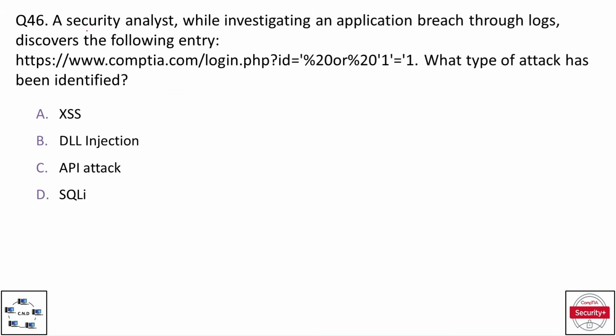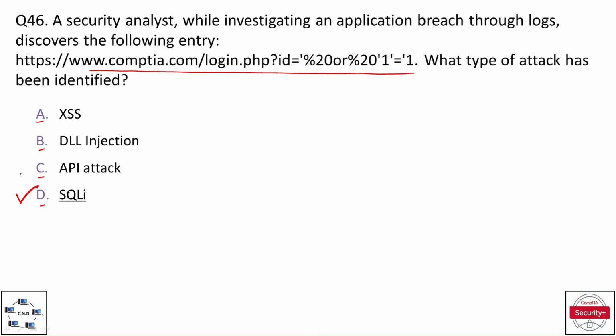Question 46. A security analyst, while investigating an application breach through logs, discovers the following entry. So, this is the entry that the security analyst discovers. What type of attack has been identified? The options are option A, cross-site scripting; option B, DLL injection; option C, API attack; and option D, SQL injection. And the correct option is